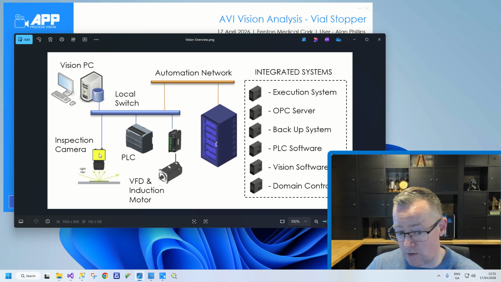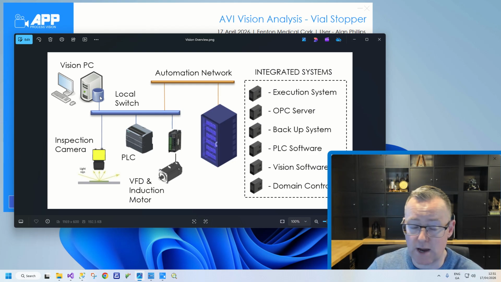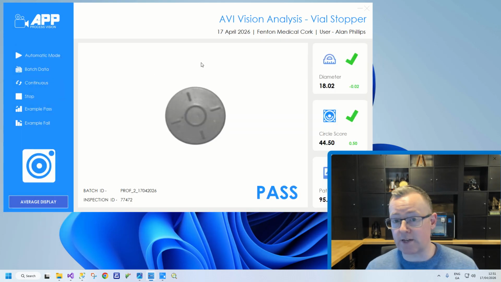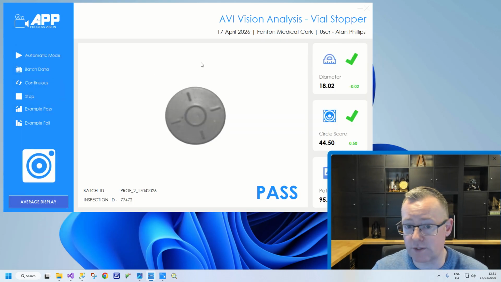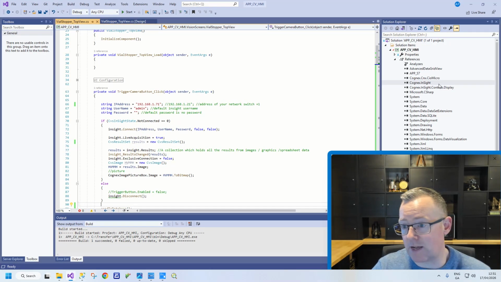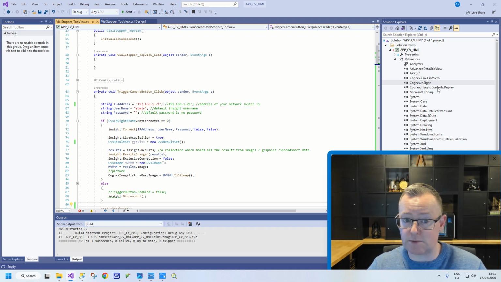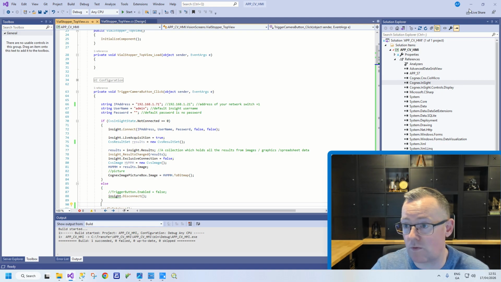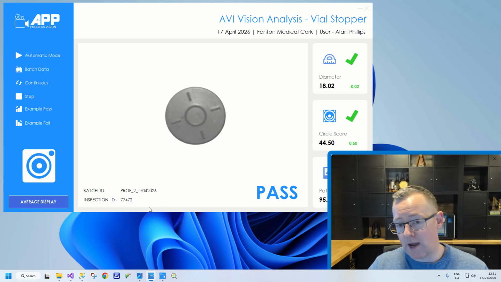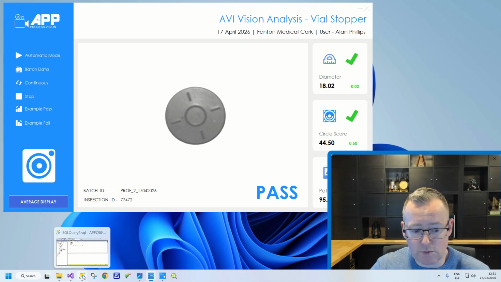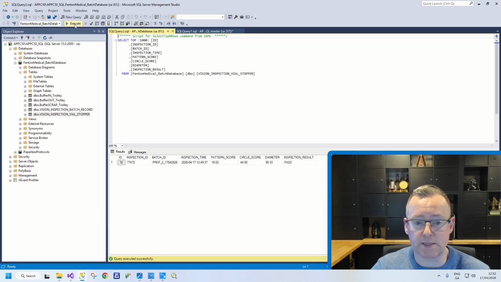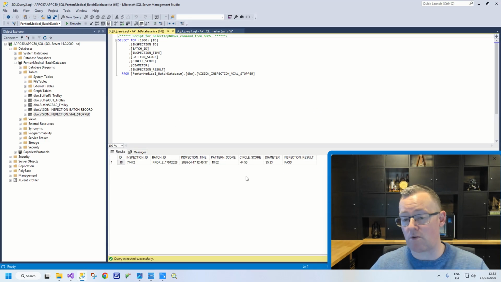image is acquired by an application, and essentially how it's sent over to a SQL database. So I've written applications in C# for a very, very long time now, and this is an example of one of them. Essentially, when I'm using Cognex, I'm using these Cognex libraries, and it's something that I've become very familiar with over time. So here I'm going to have an image that's acquired, and then I'm going to send the data off to a SQL database, and I just want to cover the